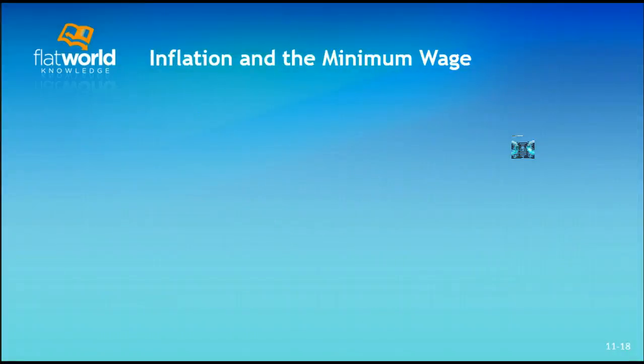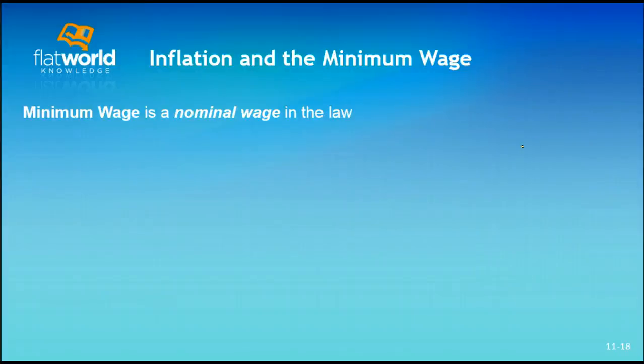Well, this is interesting. Now, you may think we're just trying to make this complicated, but just follow along because it gets interesting. The minimum wage is a nominal wage. Remember, it's not a real wage. The law just says it's $7.25, not $7.25 worth of purchasing power, just $7.25 worth of dollars, regardless of how many products those dollars can purchase. What happens if inflation is 10%?